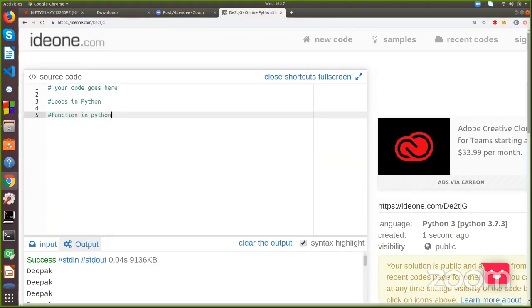The space is, I mean, four spaces. So you just click one tab. Okay, so it will take a complete four spaces. So that's the indentation in Python. So can anyone say why we use function in Python?